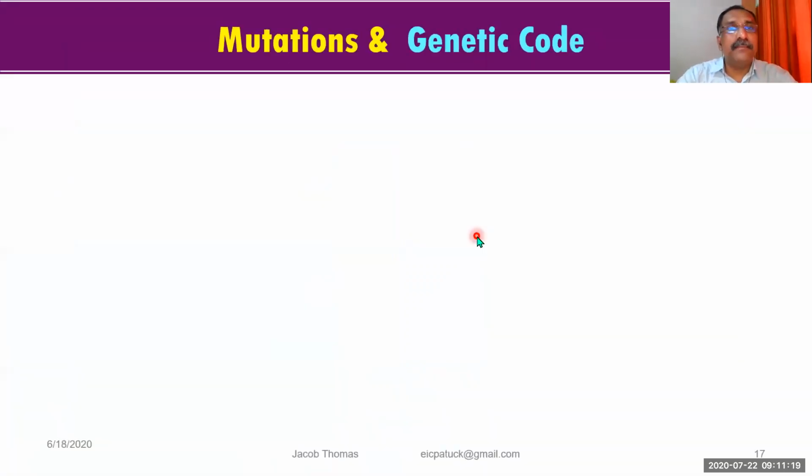The topic is mutations and the genetic code. We were studying about the genetic code. You know that this is the information, this is a library, and codons are there in that. So all those informations you know, but we come to a new topic in connection with the genetic code. So what is that new topic? That is called mutations.